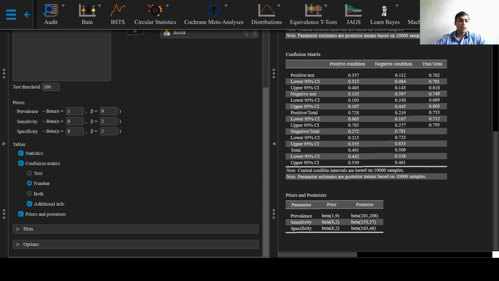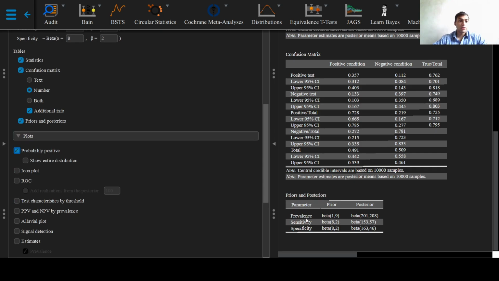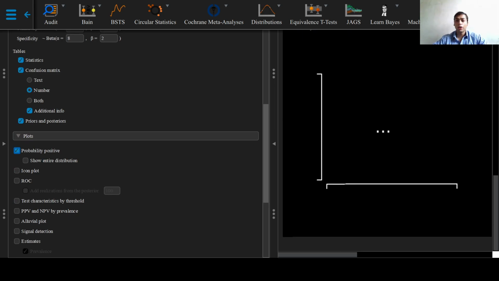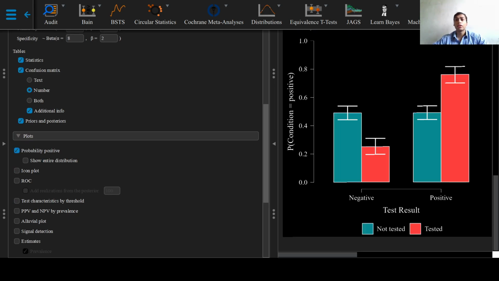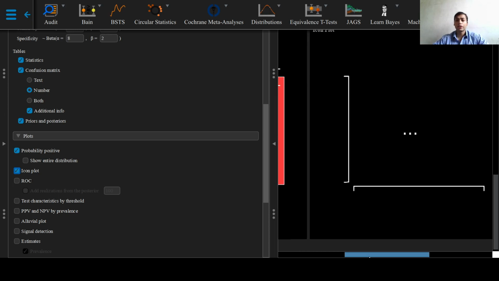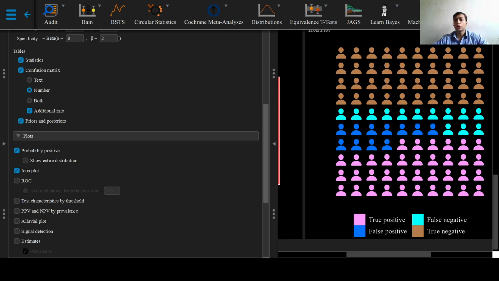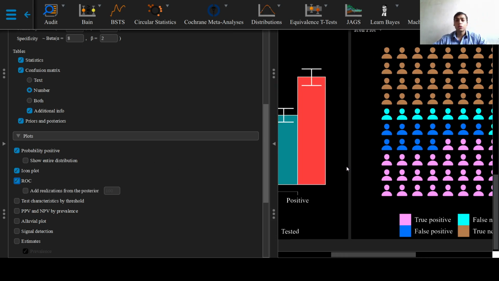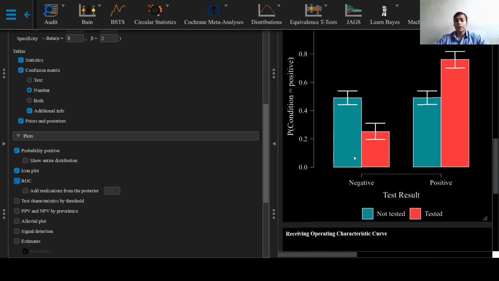Now coming to the plots, the probability positive plot provides us with a plot of the probability that the condition is positive given whether the test result was positive or negative. The icon plot provides us with a graphical representation of the true positive, true negative, false positive and false negative values. The ROC curve, also known as the receiver operating characteristic curve,